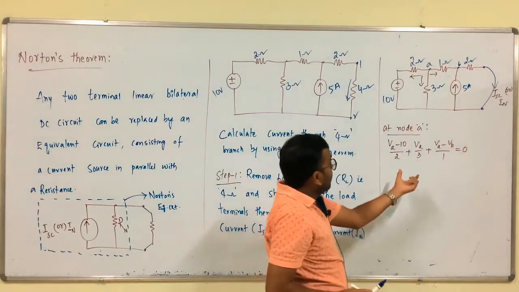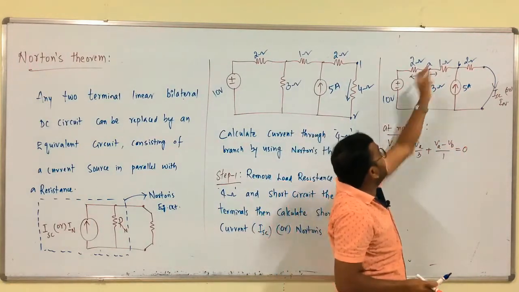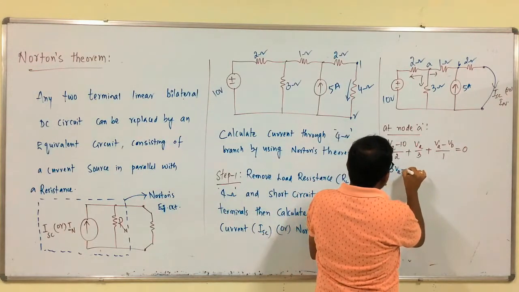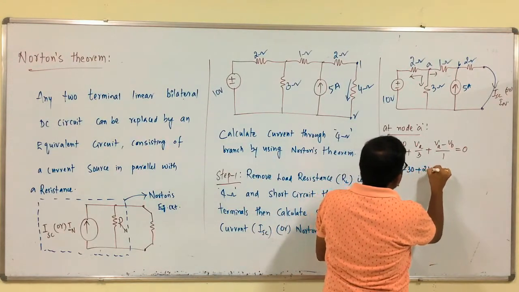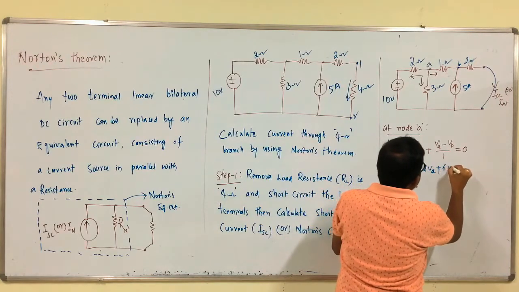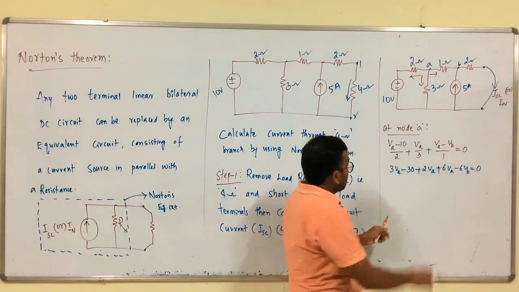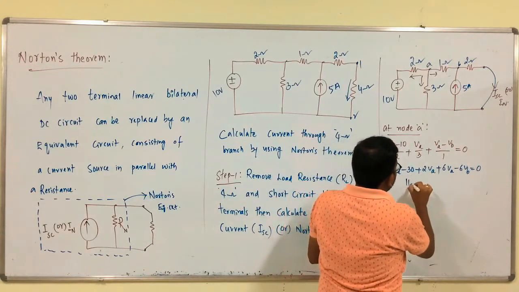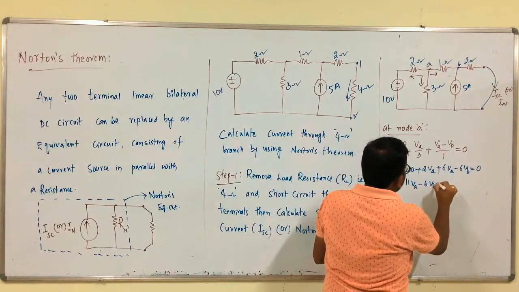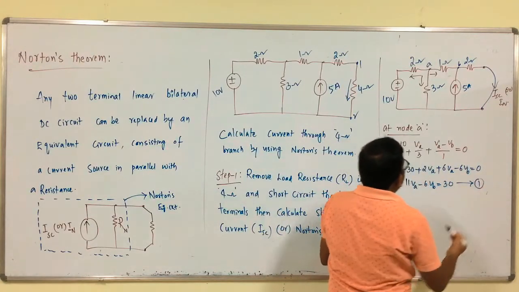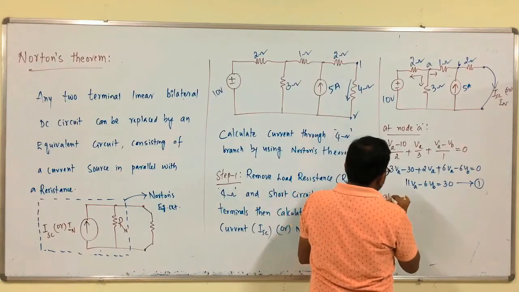So, this is the KCL equation at node A. From this, 3VA - 30 + 2VA + 6VA - 6VB = 0. So, 3 plus 2 plus 6, that is 11VA - 6VB = 30. This is equation 1. Like this, at node B,